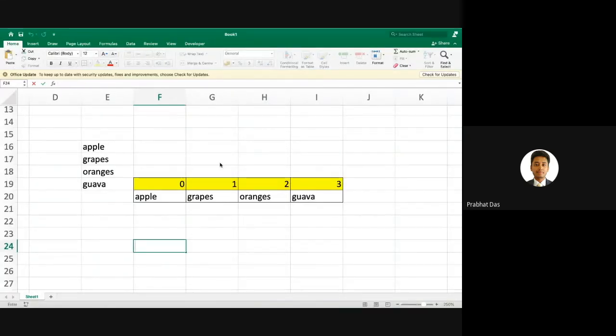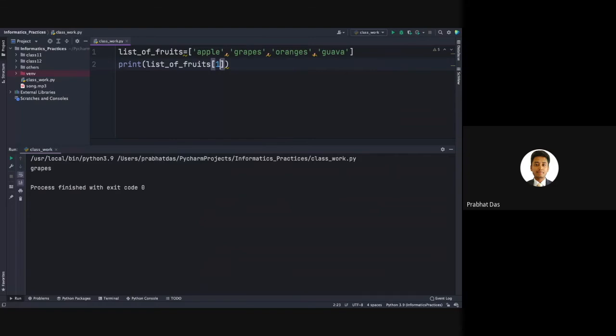Is there any possibility to store elements in negative indexes, which we have already learned in strings? The way strings store values in negative indexes, is there a chance that a list also stores those elements in negative indexes? Let us find out. If we pass -1 over here and execute the code, what do we get? We get grapes.